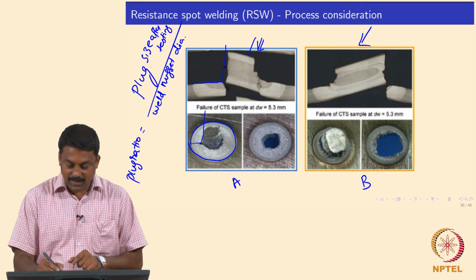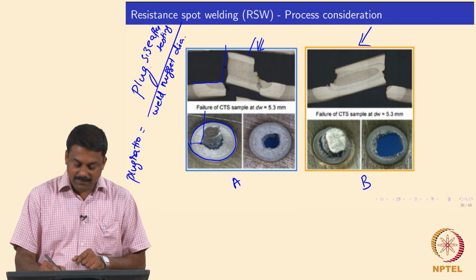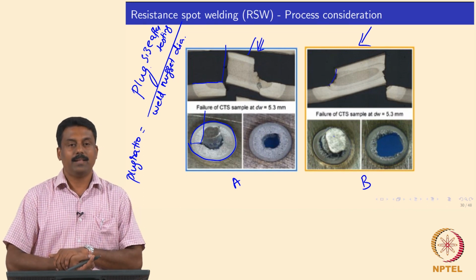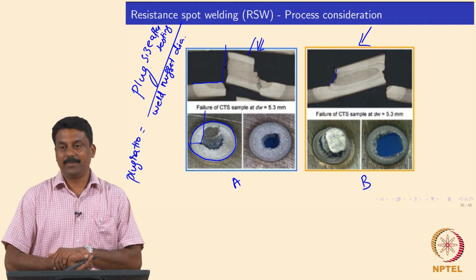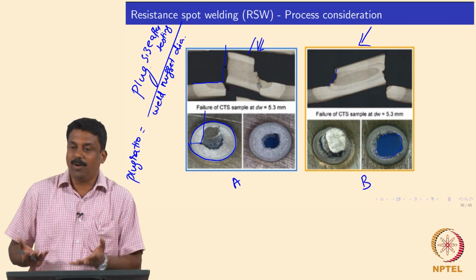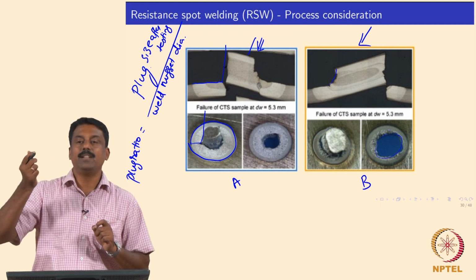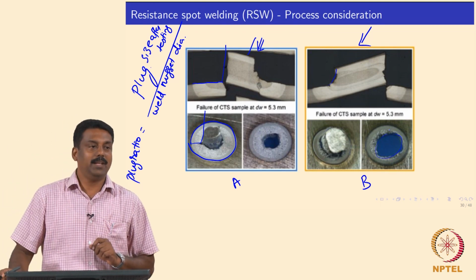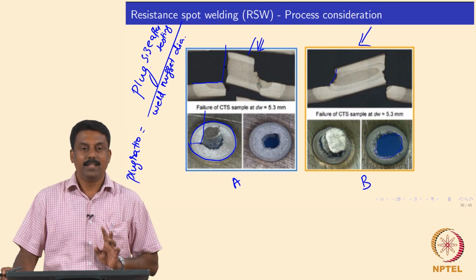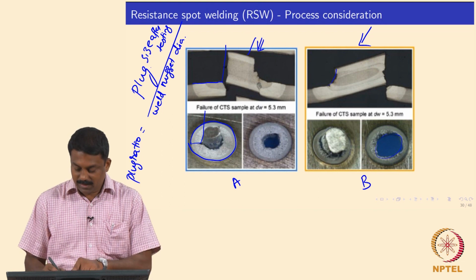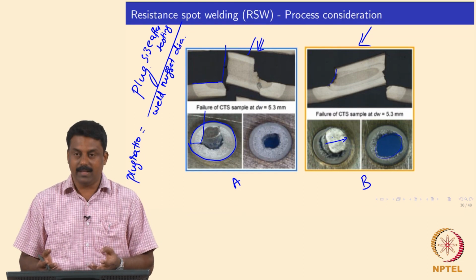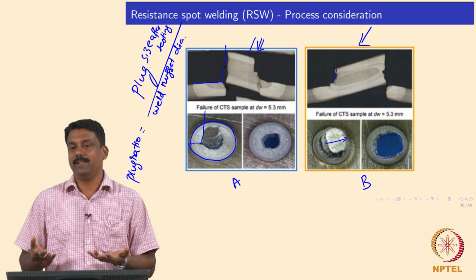So, in this case the failure has happened, from the fusion boundary it is deflected. You see that the plug is more or less intact, is it not? Yes or no? So, the entire plug is opened up. You see the bottom plate, it is a hole. The entire weld is actually intact, sticking to one of the plates, right. So, plug ratio here is the plug size divided by the weld nugget diameter. That means that in this case it is 1.